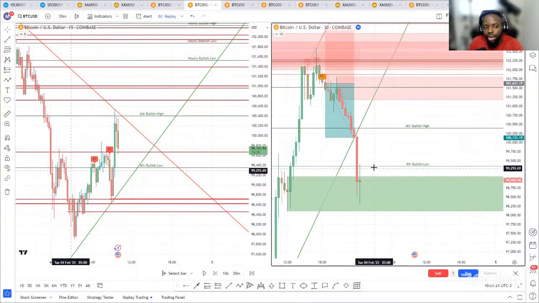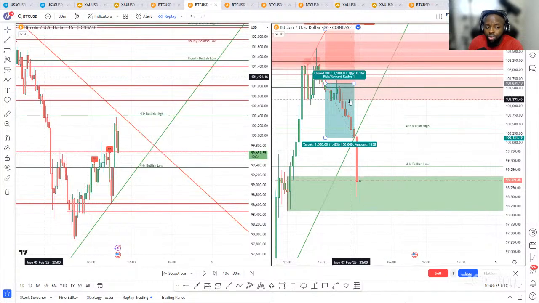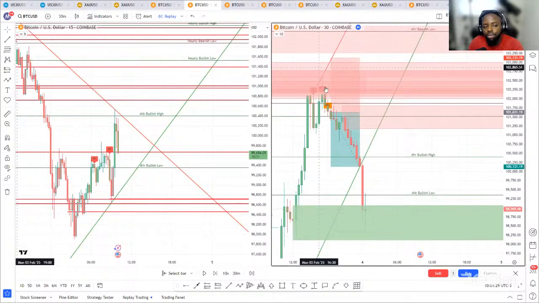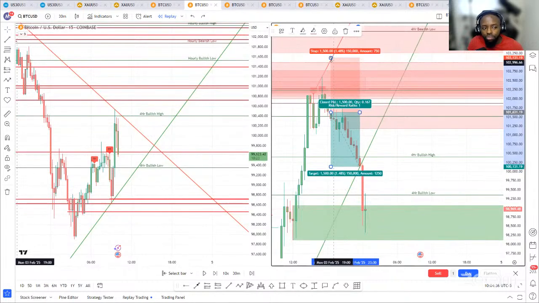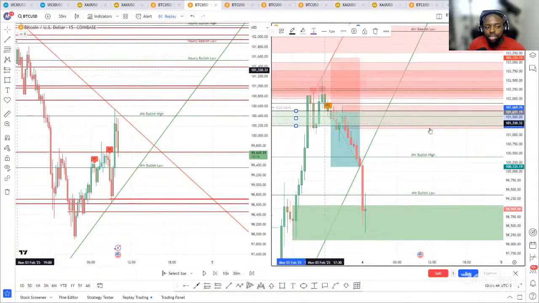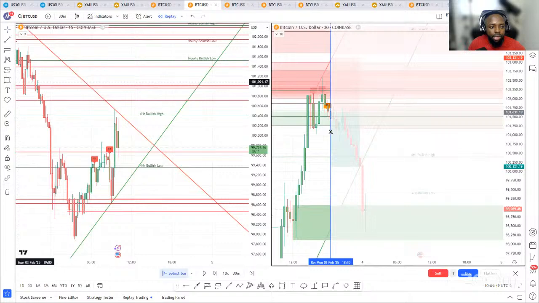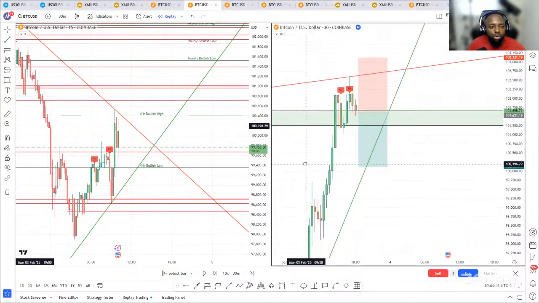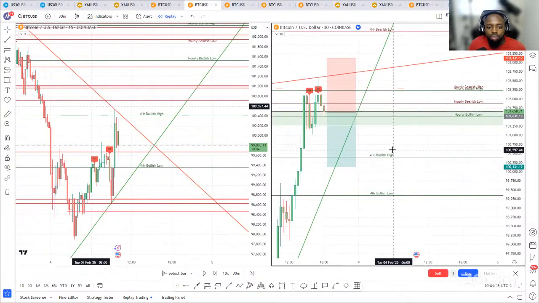So this is why I'm always cautious about whether I'm buying in a green zone or in a red zone, because for this one, I know that I'm safe. The probabilities that I'm safe on this trade are high because my stop loss is way above this level of supply and I don't have any green zone here. So if we had a green zone here, after that prime break of support came in, this would have been a risky one because